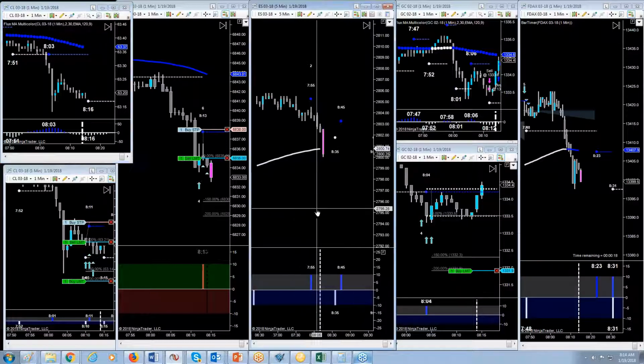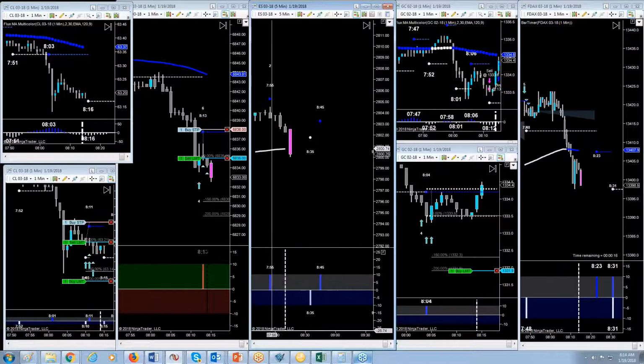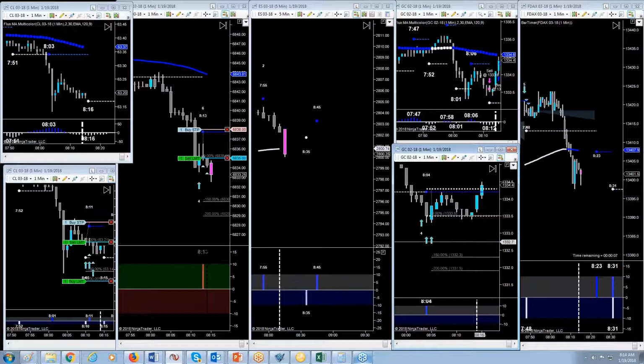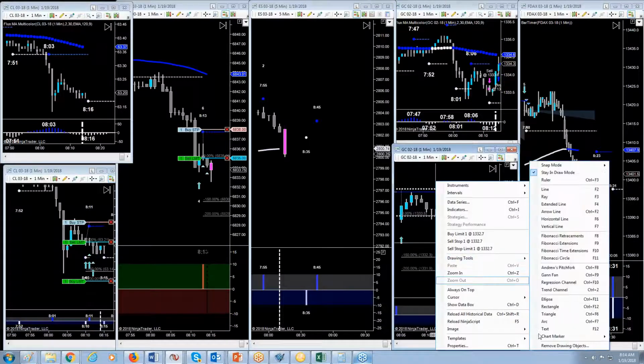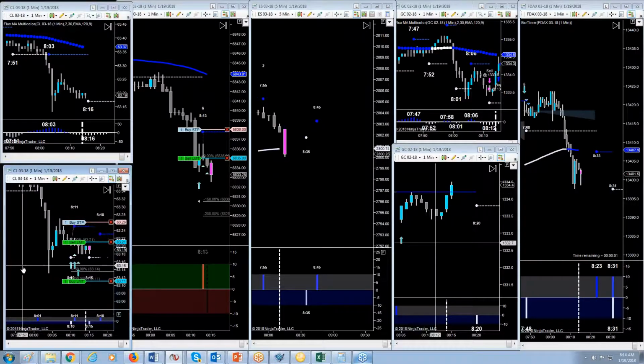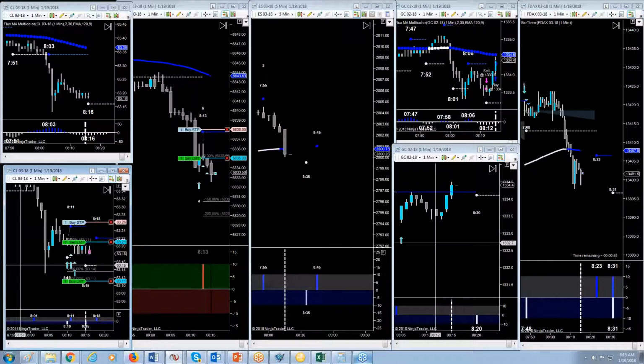ES has a crossover signal. It's a selling pressure dot at 7:55, and this candle's about to close below the moving average. Gold had a stop out just now, so we'll just keep going from there. And CL just stalled here near the low. NQ, I didn't get a fill. We'll hang on to that until it hits the break-even point.